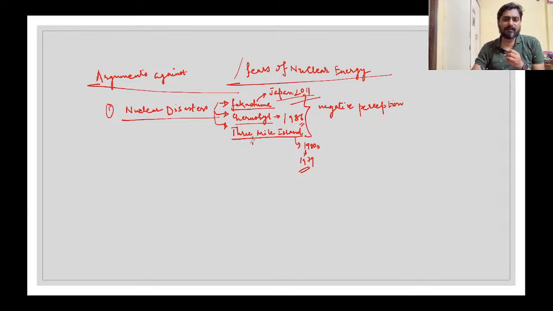In fact, when the Three Mile Island accident occurred in USA, for more than 2 decades there was very little interest in constructing new nuclear power plants in USA. When the Chernobyl accident occurred, negative perception prevailed, and in 2011 there was a complete negative perception with respect to this. So nuclear disaster is a concern. In India also, you would keep hearing about some of the leakages or the waste that are being produced.